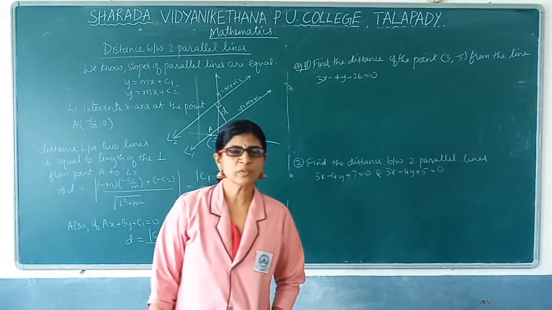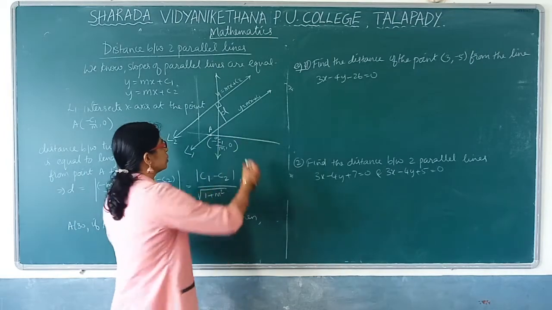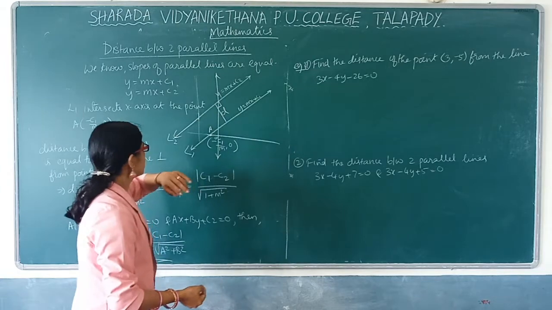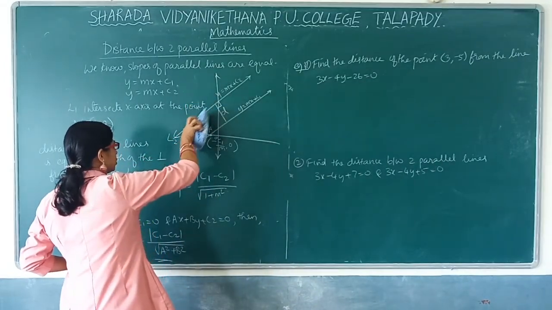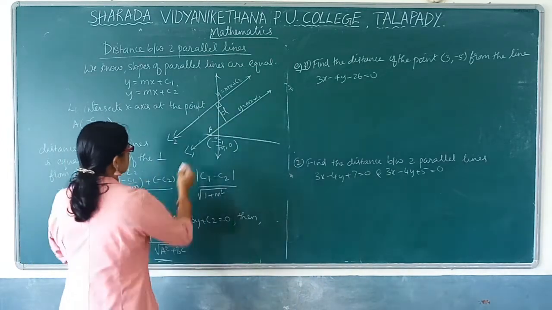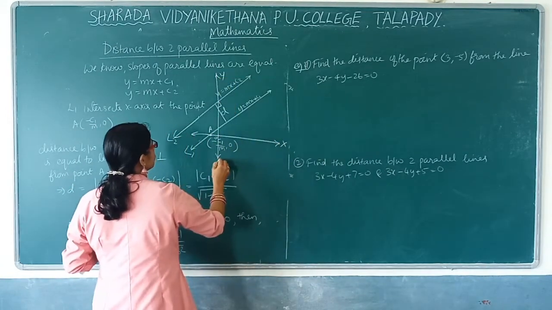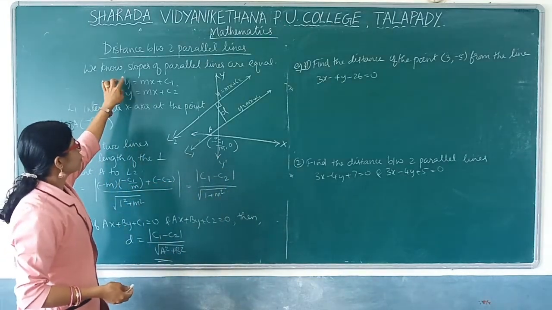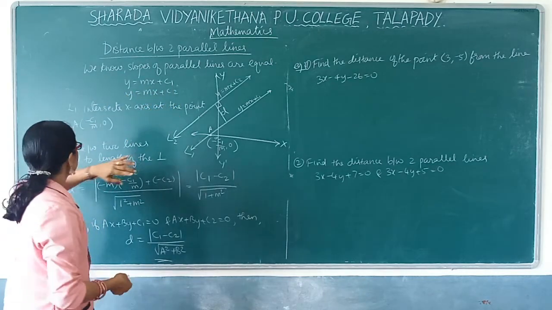Now let us see the distance between two parallel lines. Let the equations of the lines be: first line L1, y is equal to mx plus c1, and the second line L2, that is y is equal to mx plus c2. So this is not there actually. This line is not there because the coordinates taken are negative. We will not consider this. And this line is nothing but our negative x-axis, positive x-axis. This is positive y, negative y-axis. So the equation of L1 is y is equal to mx plus c1, and the equation of the second line is y is equal to mx plus c2.